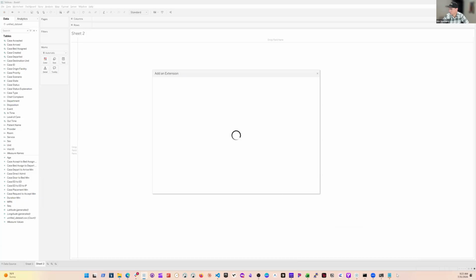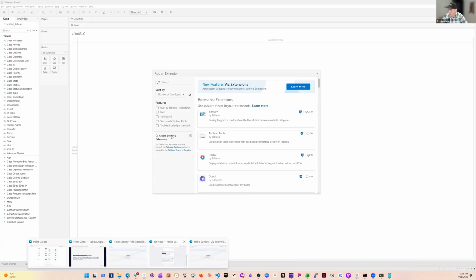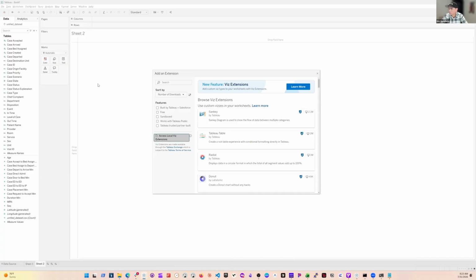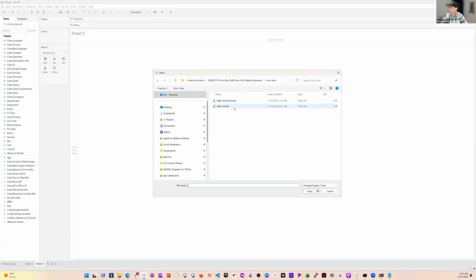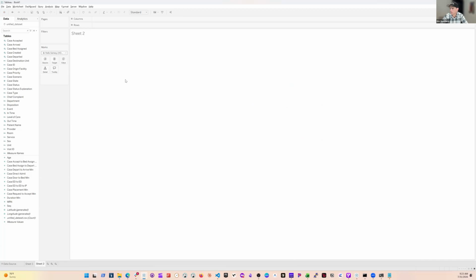So let me share one more thing that will happen when you start to try to host these on cloud, or one more thing you need to set up. I already have the extension host URL in my, oh, here we go, sweet. So again, I'm clicking access local, and this is the localhost version. And this is my hosted version of the Trex that I just saved. So I'm going to select that one. And if everything is working correctly, then